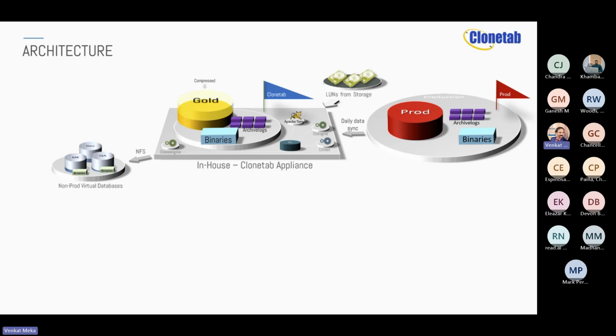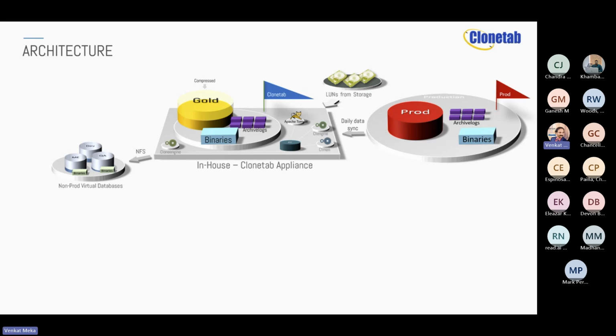So here you are getting multiple advantages when you're doing the cloning through this technology. One, because the dedupe is done here, your storage consumption goes down drastically. So assuming your prod database size is about say 10 terabytes, you provide 10 terabyte storage LUNs to Clonetab appliance. Within the 10 terabyte, we may be able to house and accommodate anywhere between 5 to 10 non-prod environments, assuming the right activity, the inserts, updates, deletes, and so on, are less than about 5%.